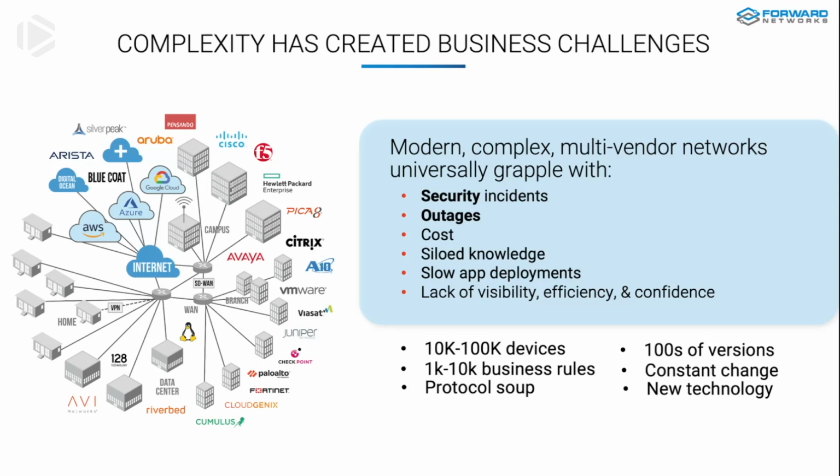We need to worry about all this stuff, multi-vendor, security incidents of those multi-vendors. What happens with outages in a multi-vendor environment? You have Bob who sits in the corner who knows where all the skeletons are. That's that siloed knowledge. What if Bob's on vacation and something happens? Networks aren't getting any easier to manage. Tens to hundreds of thousands of devices, constant change, new technology going in. There has to be an easier way to holistically look at a network and get the data you want out of it. And that's where Forward Networks comes in.